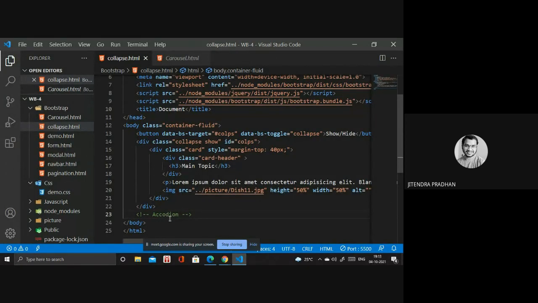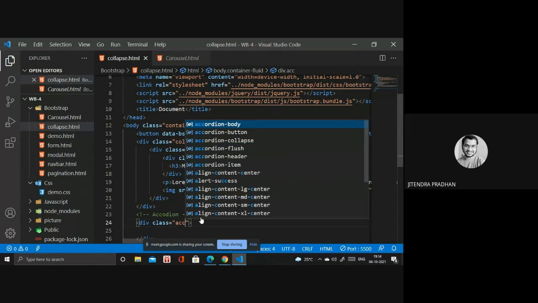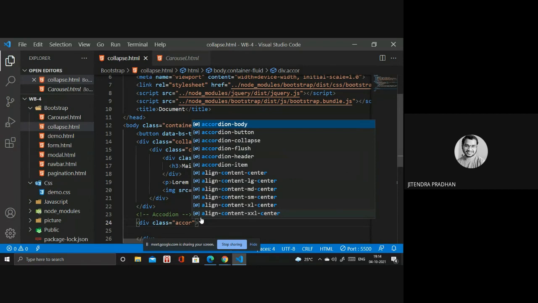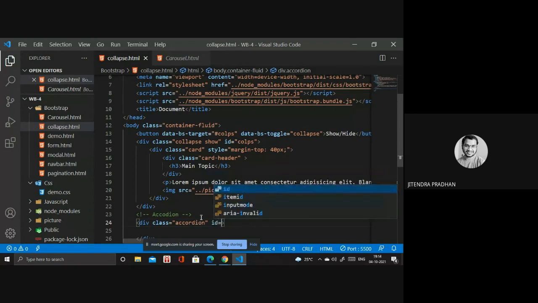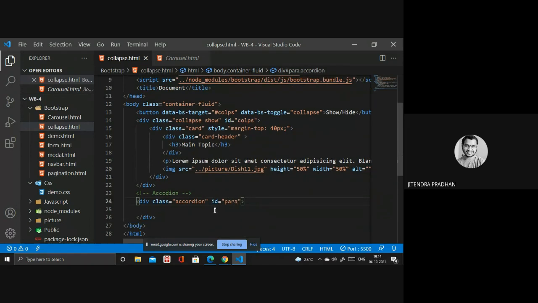Accordion. Okay. In the accordion, you have to create a div. Inside the div, you have to create a class. In the class, it's like an accordion. And you need an ID for that. You have to give that something like para. Okay. And next thing,